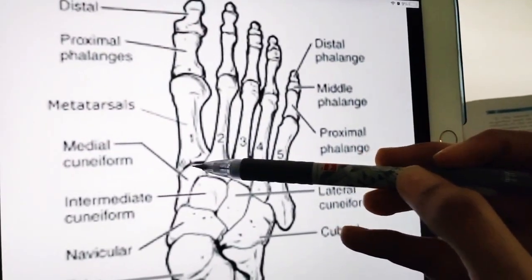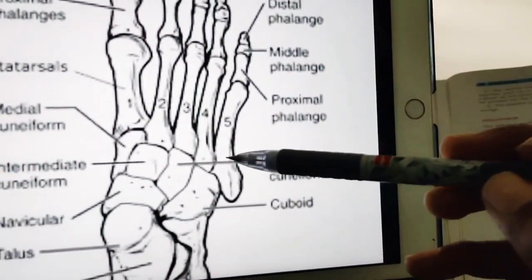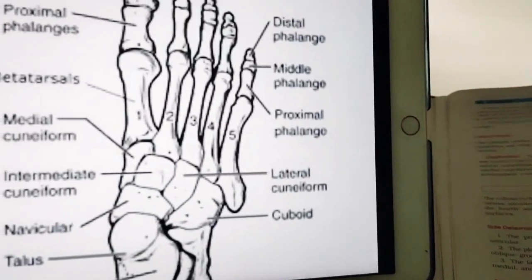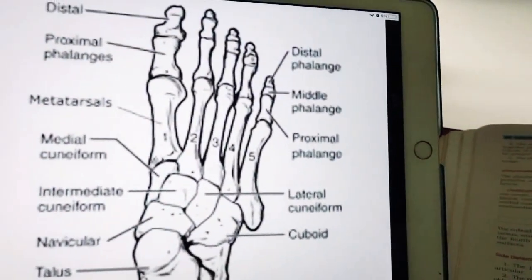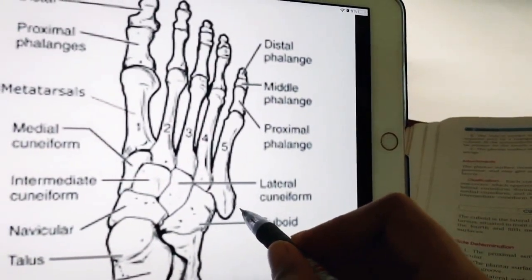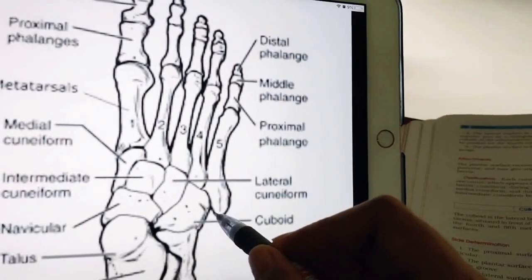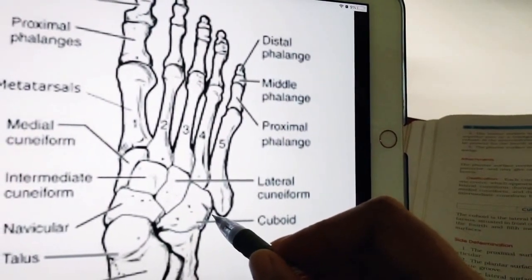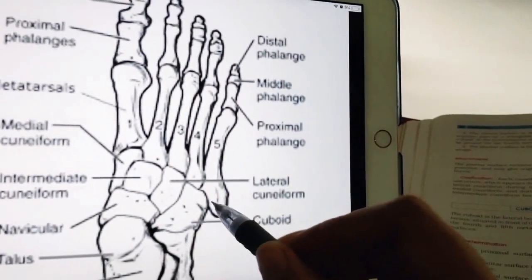Next, peroneus brevis is inserted on the dorsal surface of the tuberosity of the fifth metatarsal. So on the dorsal surface of the fifth metatarsal, on this tuberosity, here there is the attachment of peroneus brevis. Next, peroneus tertius is inserted on the medial part of the dorsal surface of the base and the medial border of the shaft of the fifth metatarsal. Over here there is the attachment of peroneus tertius also.